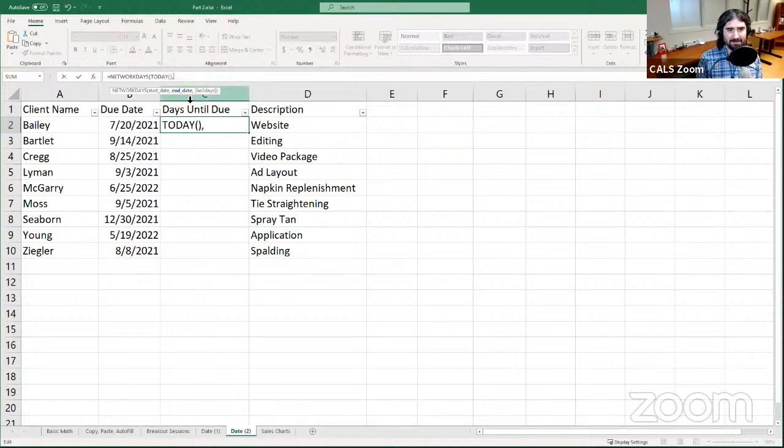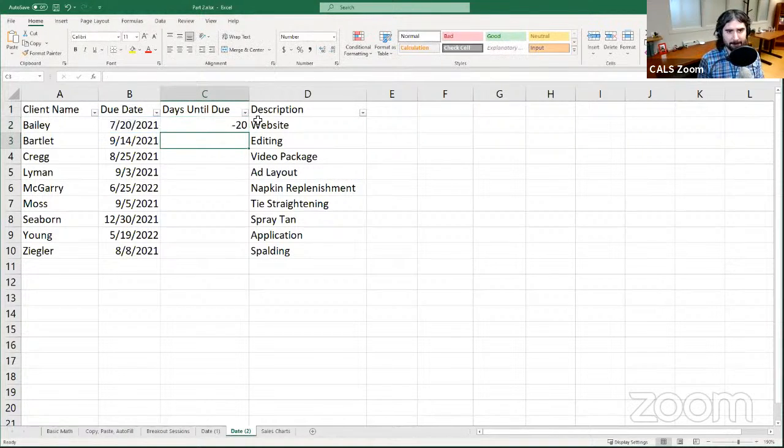And then you'll notice again, my end date goes bold because that's the argument that I'm working on now. So for the end date, of course, that's going to be the due date for the assignment. So on this row, that's going to be B2. And it color codes for me, so I know I'm pointing to the right one. Then I'm going to close my parentheses because I'm not using that optional holidays argument. I'll hit enter on my keyboard and it's going to tell me, oh, -20. So I'm 20 work days overdue on this particular